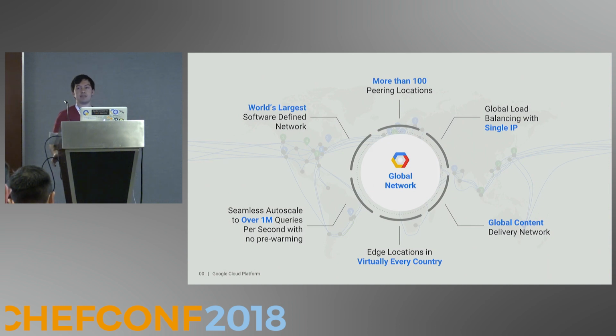The only time that your network connectivity from end to end will not be running on our fiber and our network is from the customer's house to their nearest point of presence. Everything else is going to be running on Google. We can auto-scale up to like 1 million queries a second with absolutely no pre-warming. The idea being that if you get hit with a distributed denial of service attack, Google's network is just supposed to yawn and move